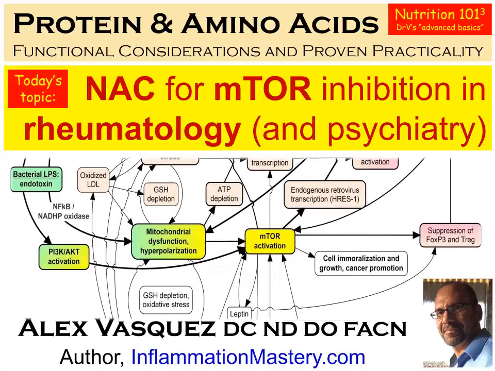And here is one of my more recent mTOR diagrams. As you can see here, mTOR is pretty much in the middle. Upstream, we have mitochondrial dysfunction, especially mitochondrial hyperpolarization, which can be triggered by bacterial endotoxin or LPS. That also activates a different pathway, which also culminates in the activation of mTOR. mTOR then goes on to promote cancer growth and autoimmune and inflammatory conditions, as I will discuss in this conversation and others in the future, as well as in the recent past, where I've also talked about this in some